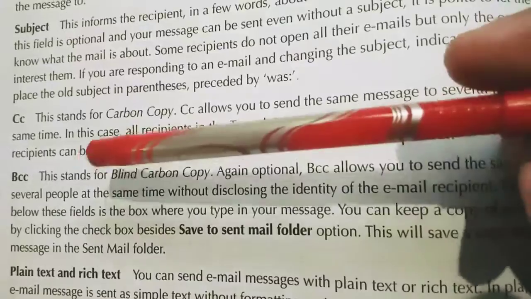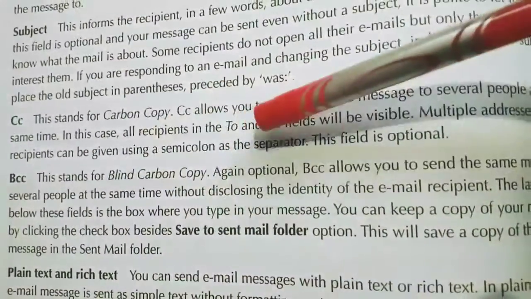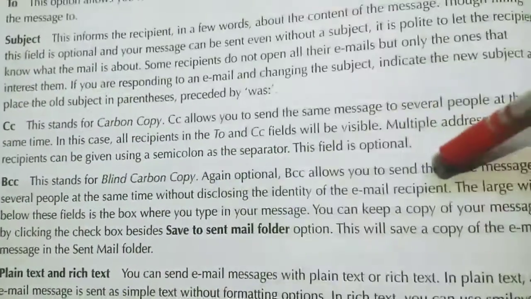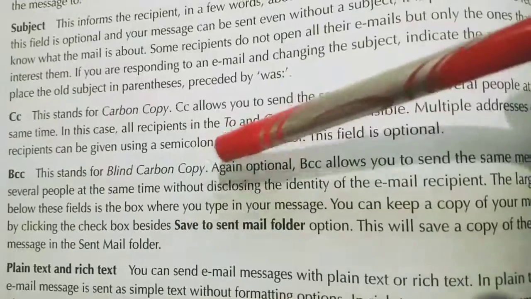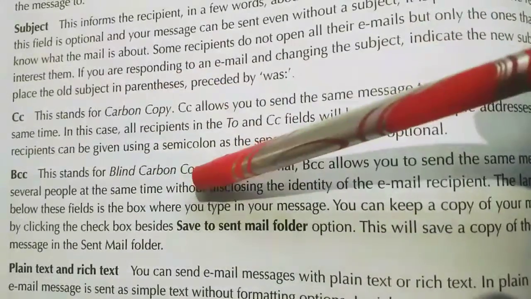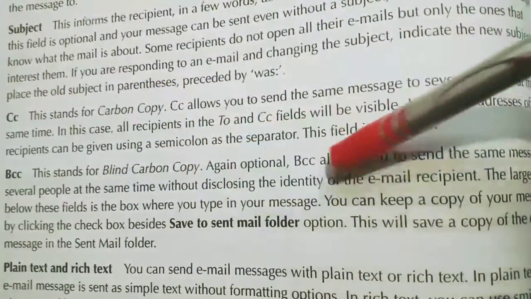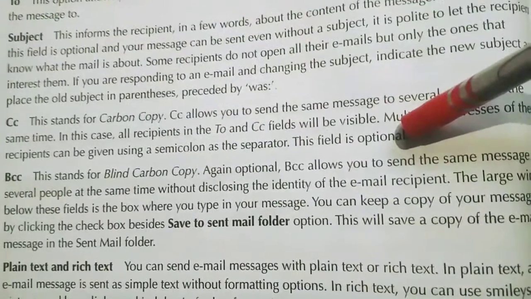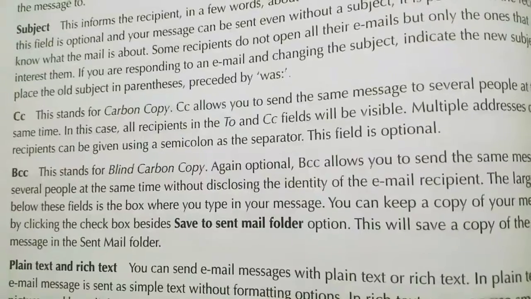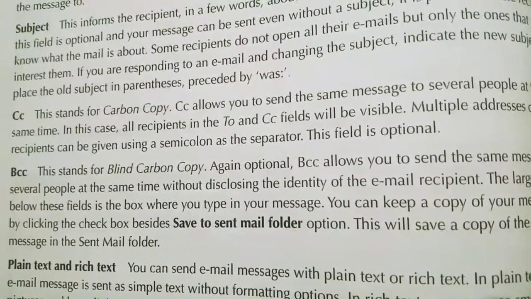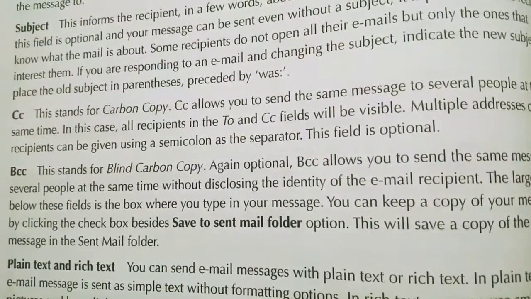But the next thing is BCC, blind carbon copy. This is also the same thing. BCC allows you to send the message to several people at the same time. But the difference between CC and BCC is that it works without disclosing the identity of the email recipients. That means the 100 people will not know whom else you are sending to.